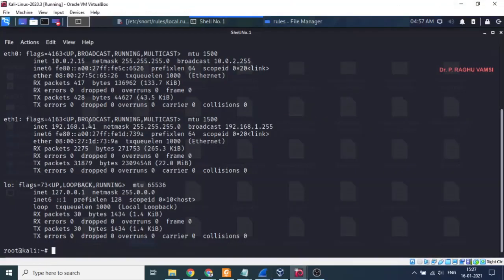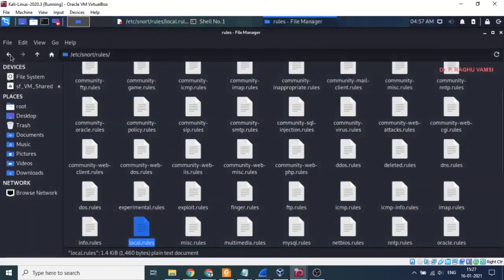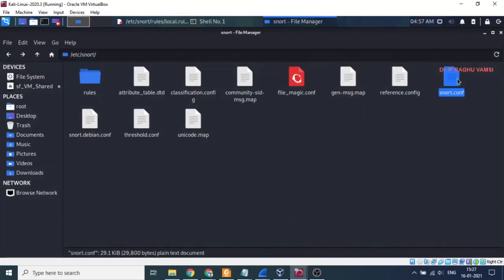Now, either you have to change this IP address to the 172 series, or you may use some other technique to indicate that we are going to use the 172 series instead of the 192 series. So for this, instead of changing this, one thing is to go to the rules and just go back, and here snort.conf.